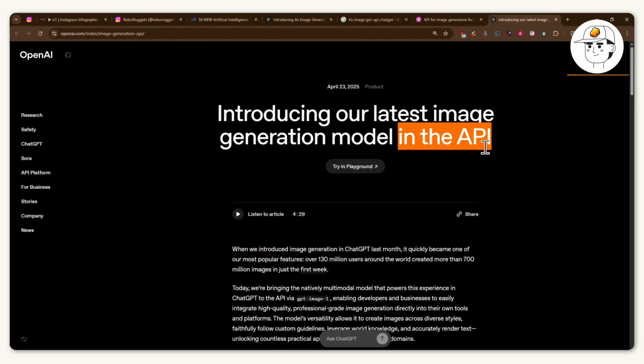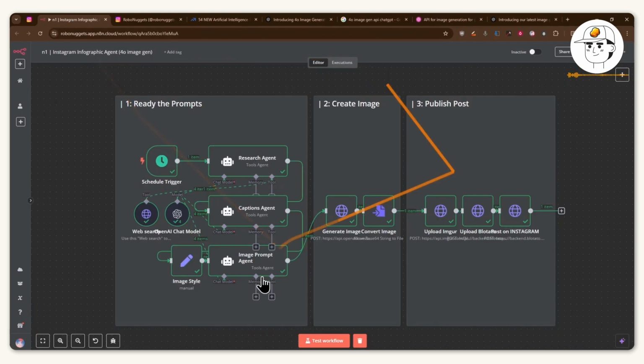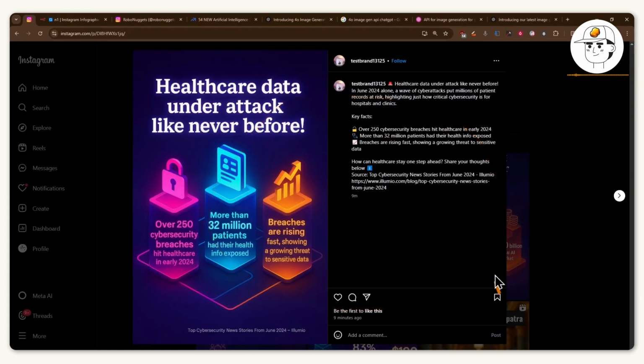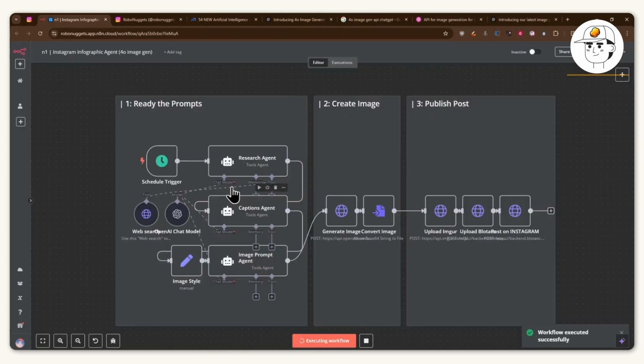And just a few days ago, OpenAI released this same model in their API, which means that we can finally use it for automations like this one. And so what I did is to whip up this quick automation today, which uses that same model, which can run every day. It will find the latest news on your topic of interest and turn that article and the information within it into an infographic, which gets posted on Instagram along with a source and a caption on a regular basis, fully automated. And how it does that is through the employment of these different agents, where one researches